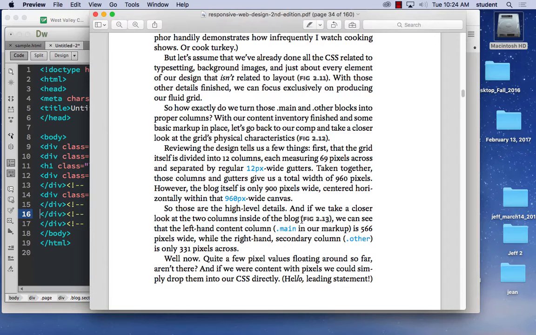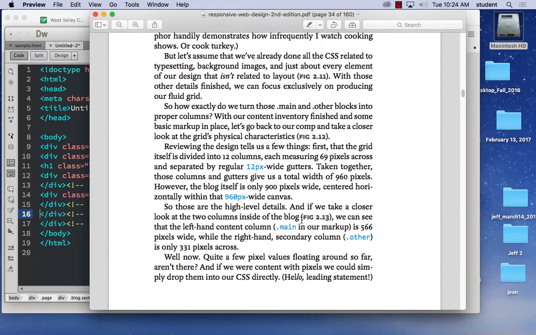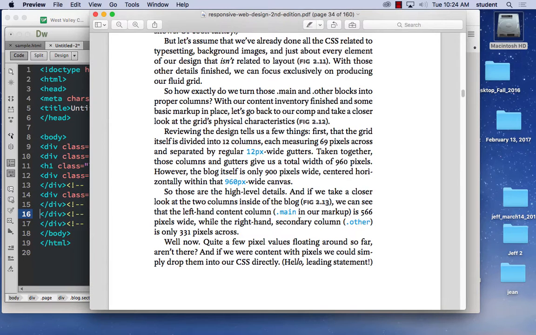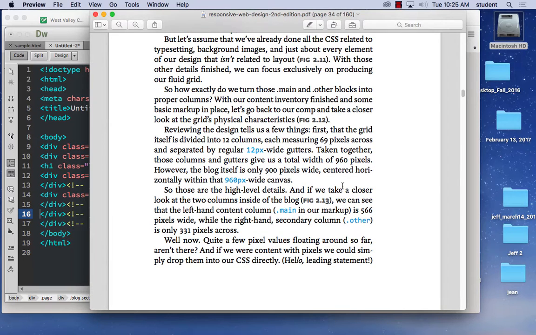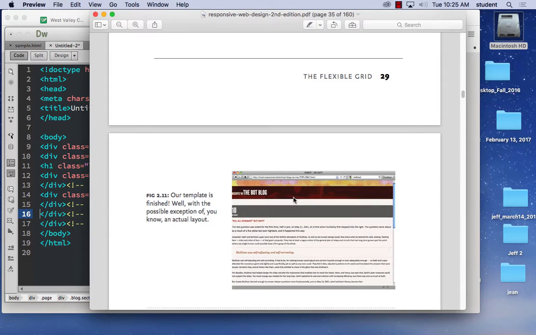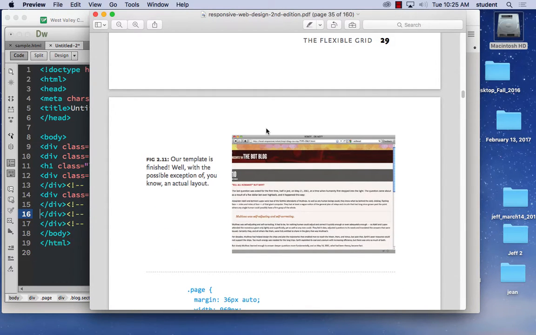With our content inventory finished and some basic markup in place, let's go back to the comp and get a closer look. Reviewing the design tells us a few things. First, that the grid itself is divided into 12 columns, measuring 96 pixels across and separated by 12 pixel gutters. So again, we're talking mostly about a pre-made design, and I think it's already there. This is the template that they have. If you want to start with their pre-made design,